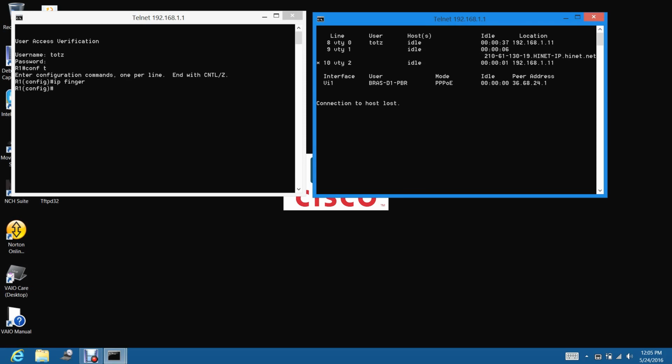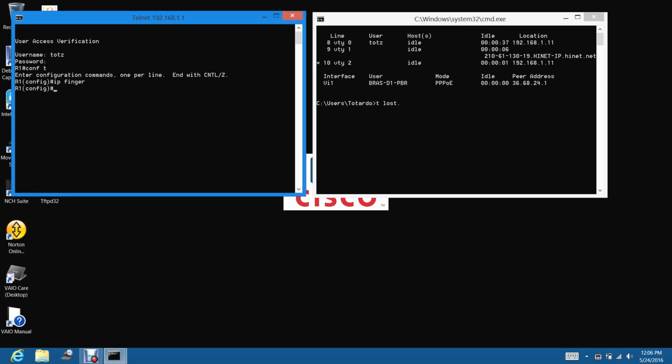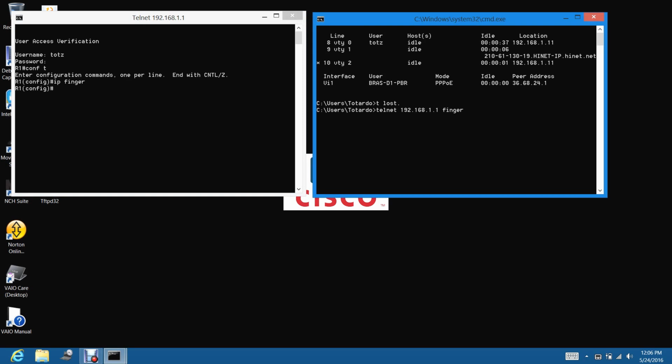So that's the result. Basically Finger is displaying a list of users that are logged into your router. Let's try that one more time.